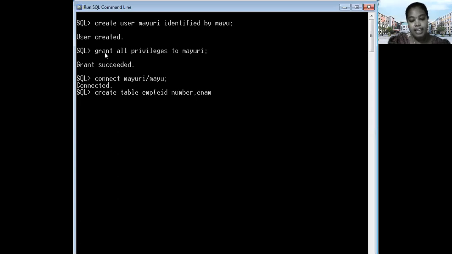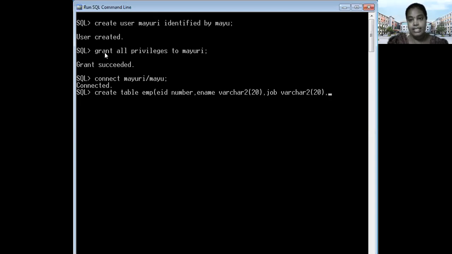Next, the employee name is varchar2, because it holds a combination of characters. It is a variable length of characters, that's why we are keeping varchar2. The size is up to a max of 20 for the employee name. Next, job, which type of job they are doing here. That is varchar2 of 20.